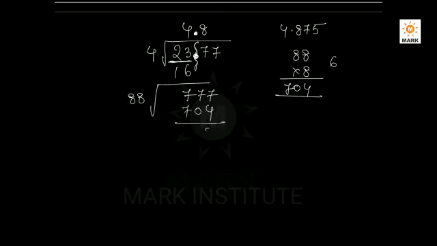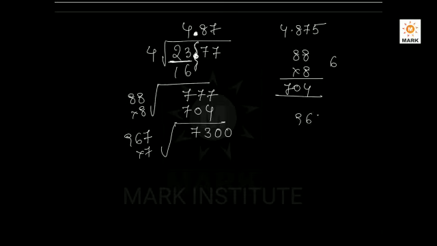704, 3 7. Okay, now the moment you put a point in the quotient, always remember, you are always eligible to download 2 zeros. Okay, so here I am putting 2 zeros. So what is double of 48? 96. So how to reach 96 by putting any extra number? I think it is 7 times we can go up to. So here also 7, just like here we did 8.